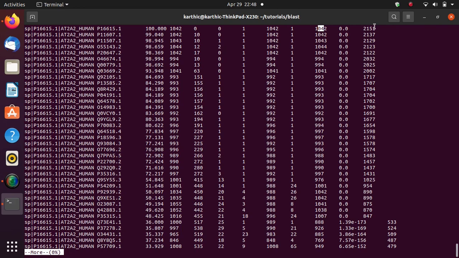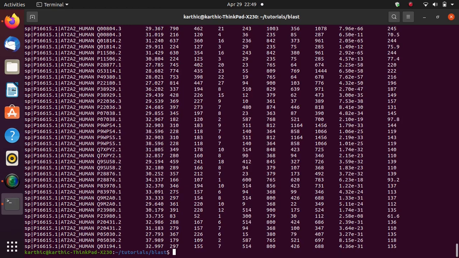If you want to choose another output format option, like if you want to explore something else, maybe I will put up a separate video for that. So I guess for this video that's it. This is how you run BLAST in a Linux operating system, or any command line based system. Okay, that's all for now. Thanks for watching.